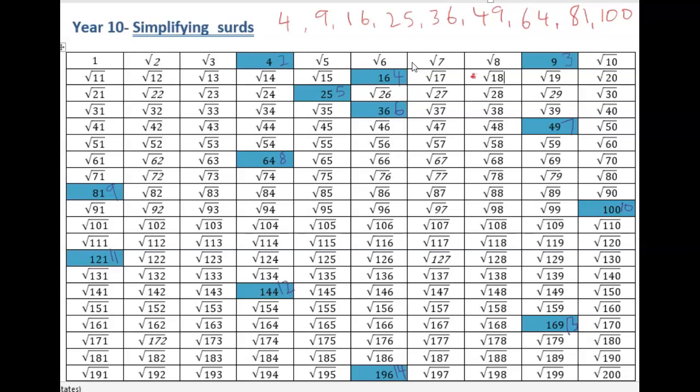All right, let's rewind. Anything that's a multiple of these numbers can be simplified. So let's have a look at the number 4. Obviously the square root of 4 becomes 2. So I'm going to put a little dot next to everything that is a multiple of 4. The square root of 16 I don't need to do. 20,